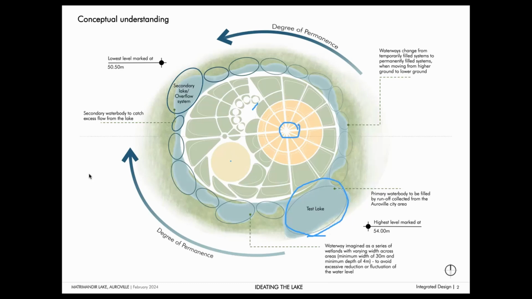So the primary conditions that we need to look for and understand is that there is a level difference on the site, which is the high point of 54 meters on this side to a low point of 50 meters, which is approximately 3.6 meters level difference. Now, very quickly moving to the